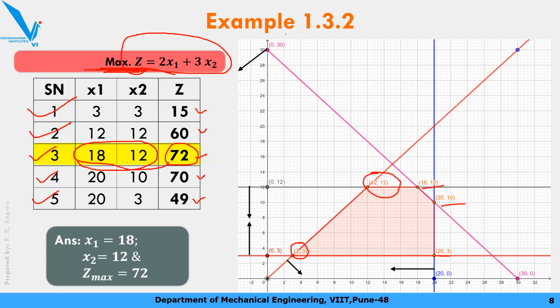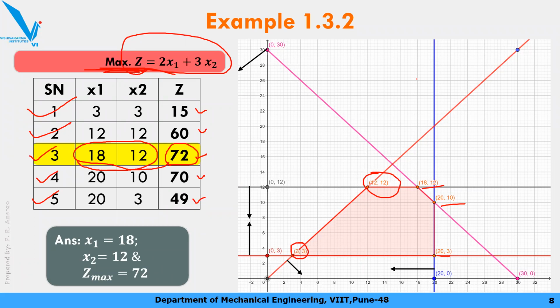So I hope all of you have understood this. This is kind of the easiest part in the first unit, LPP graphical method. Also, I suggest all of you, whenever you face the GATE examination, there will be a numerical based on LPP for 2 marks. Just read the problem statement and identify. If there are two variables, decision variables x1 and x2, directly jump on to the graphical method. Don't use any other method. Go for the graphical method.